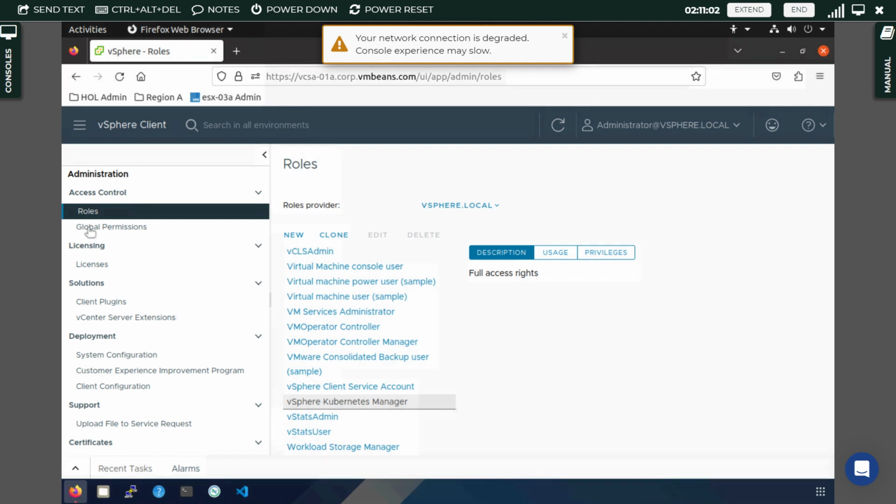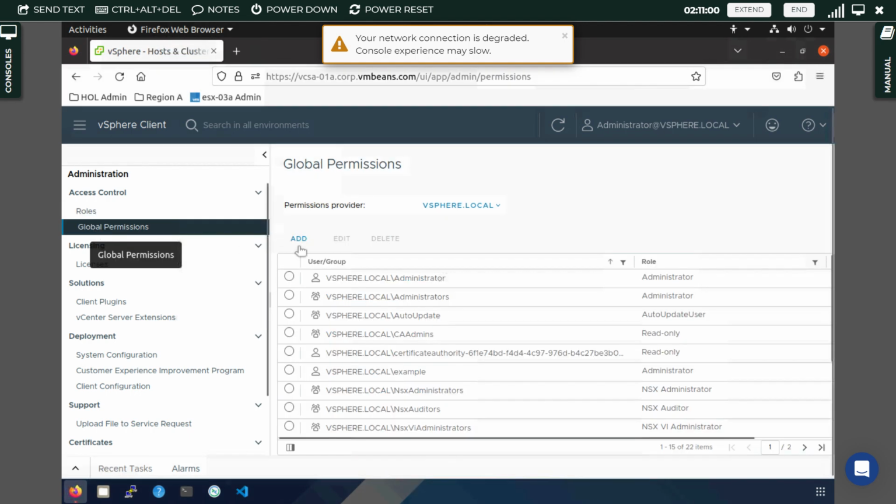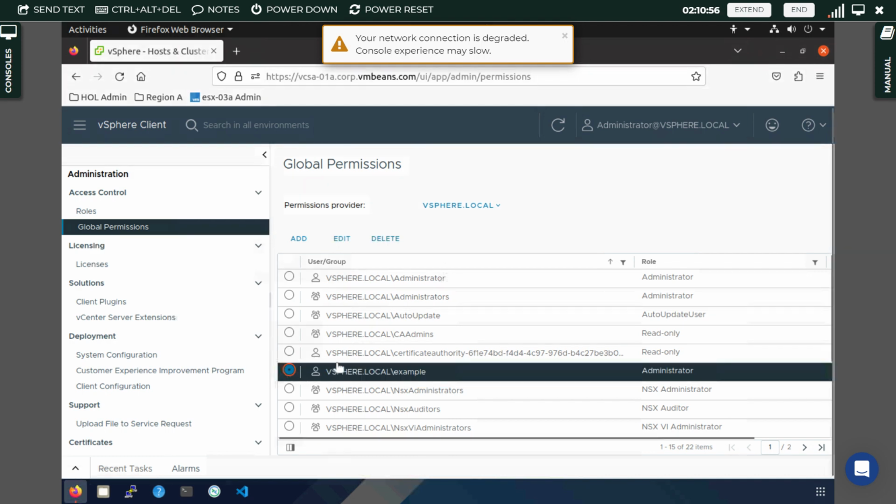Here you are going to click on the global permissions. We have already added that. You are able to see it at this place. If you want to add or delete it, you can do that. Now we are ready to go with the example account for the single sign-on. Let us just log out from here. Once we log out,